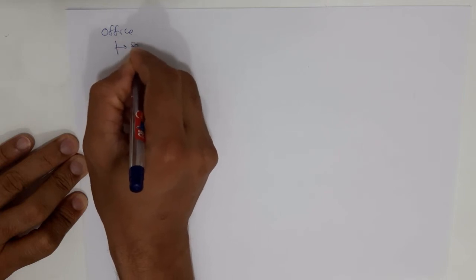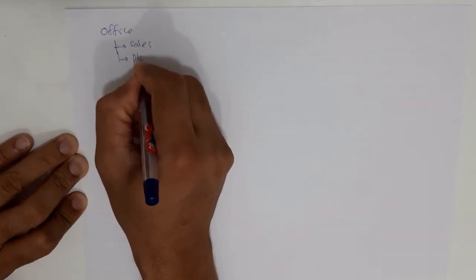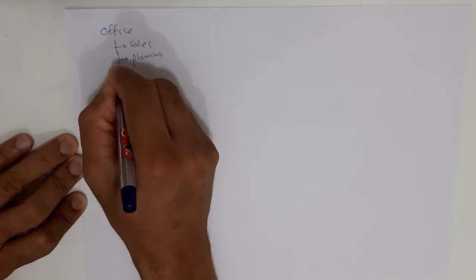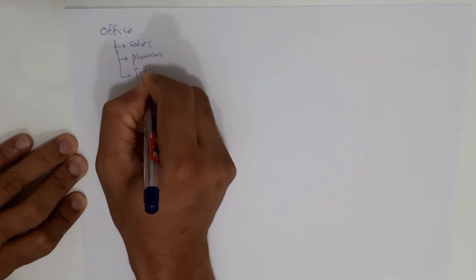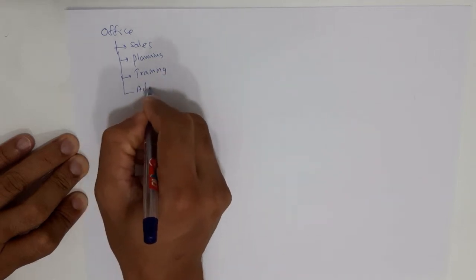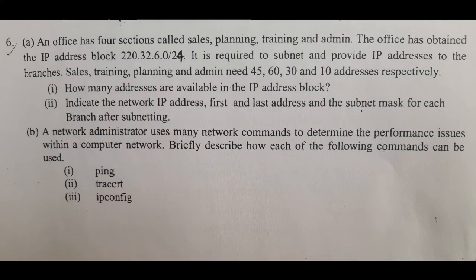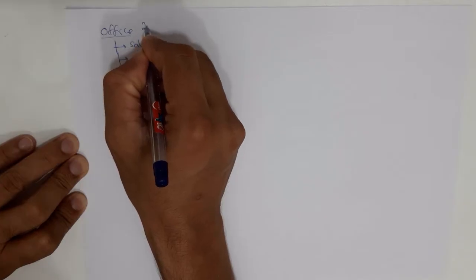One is called sales, the other one is called planning, the next one is training and admin. There are 4 sections of the office. The office has obtained an IP address block. The entire office has taken the IP address block